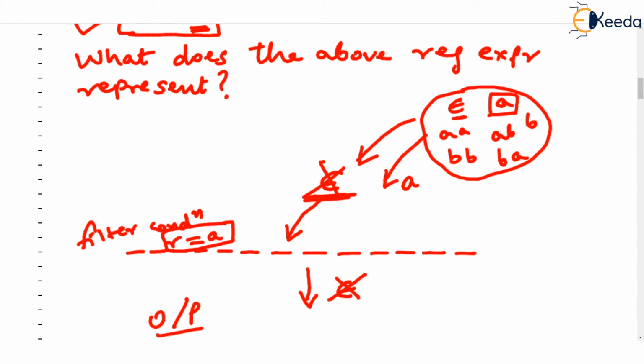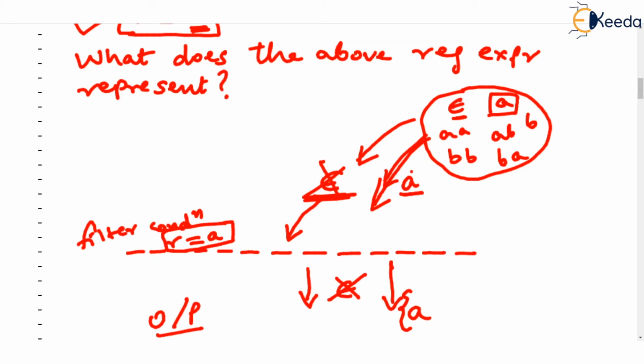A is put on the filter and A readily passes, because if you actually keep this A on the regular expression, the regular expression is A and the string is A, it exactly matches the filter test. So A is allowed to go to the output. I will write this as a set. It is allowed to go as the output, and the output set now contains A.